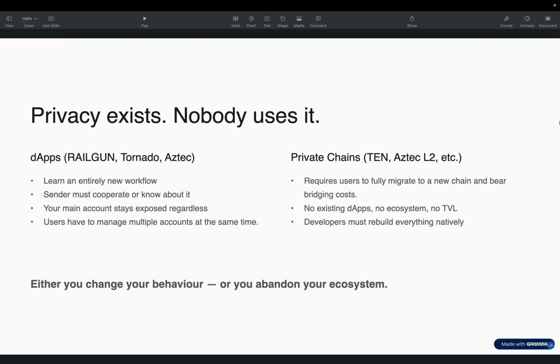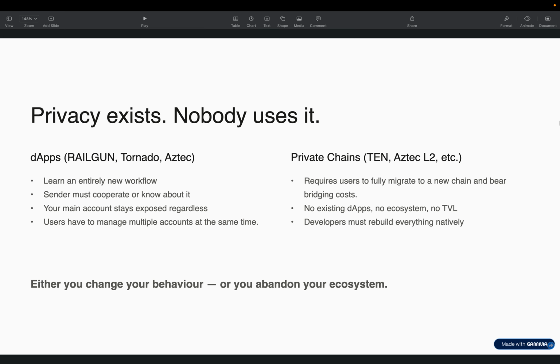If we talk about dApps, when a user has to use privacy features using a dApp, he has to learn all those new features, those new technicalities to onboard himself on the dApp. He has to manage two different kinds of wallets, one in the dApp and one for himself, to get that privacy. It's very unfriendly for users.